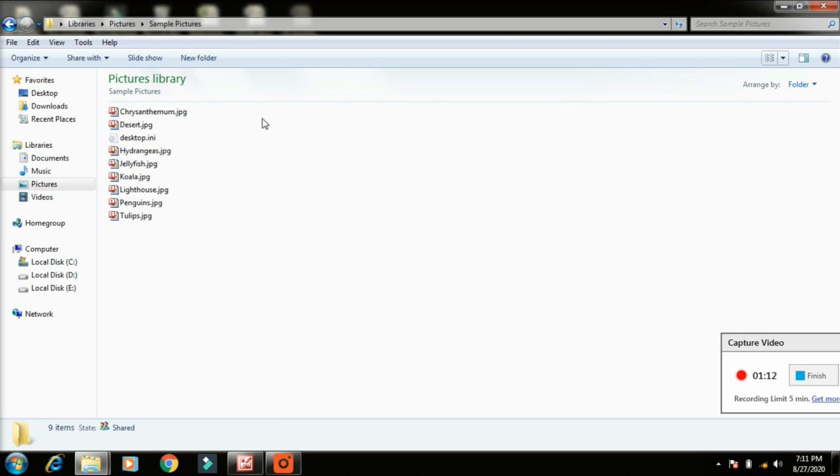Before that it will come from left side to right side. After that it will come to the next line, but when you select the list, all the images come by the next line. Okay, next line.